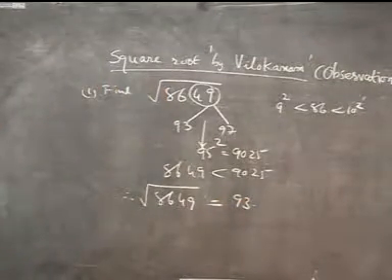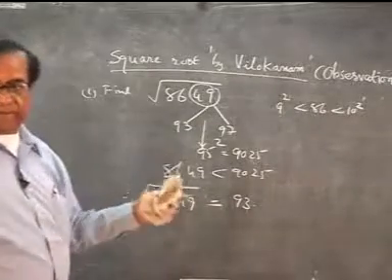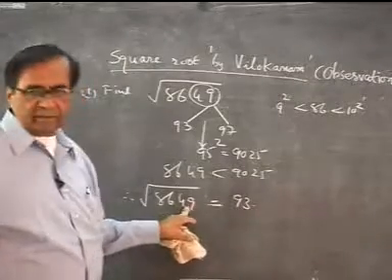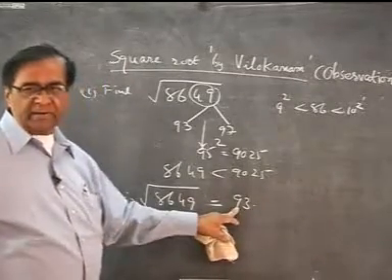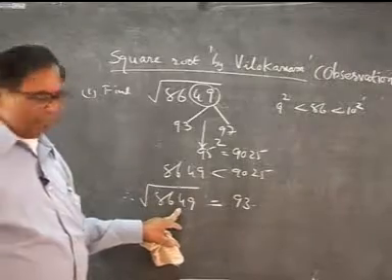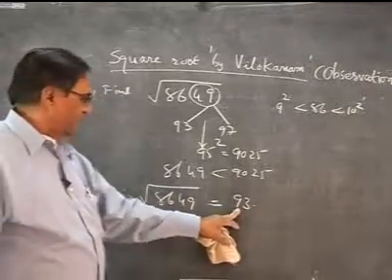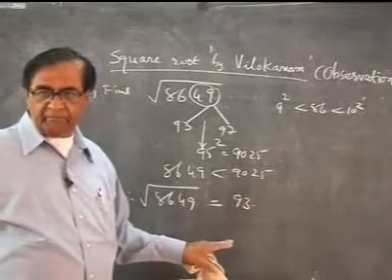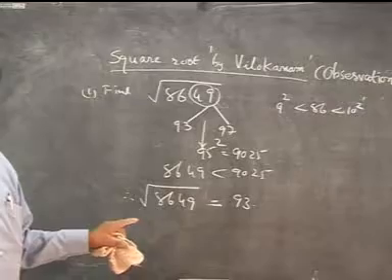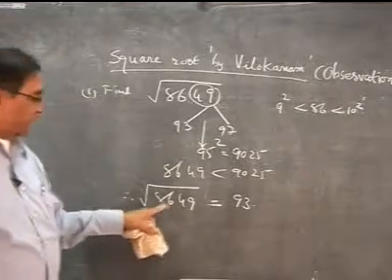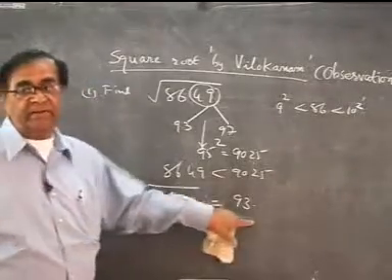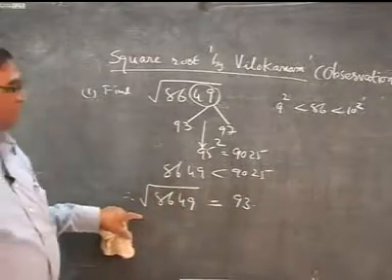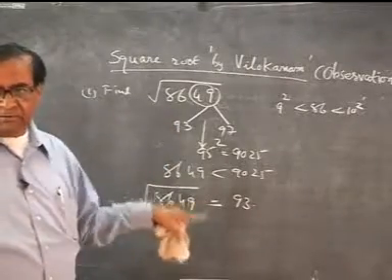Now verify. Orally we can say by using the duplex: 3 square is 9, 3 9s are 27, double 54, 5; 9 square 81 and 5 is 86. Answer is 2. So you can verify. Verification is necessary. Sometimes it may be possible that here it is 85, so you cannot say it is the square of 93. And so you have to verify it before coming to the final answer. You should remember it.